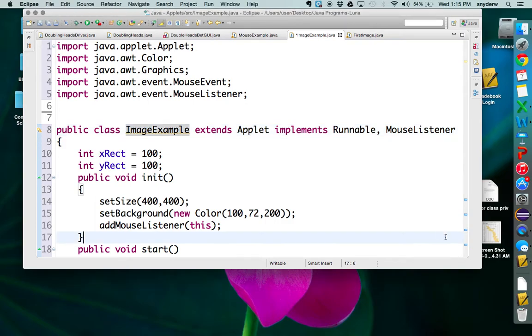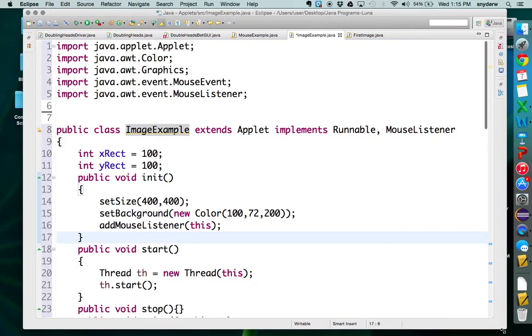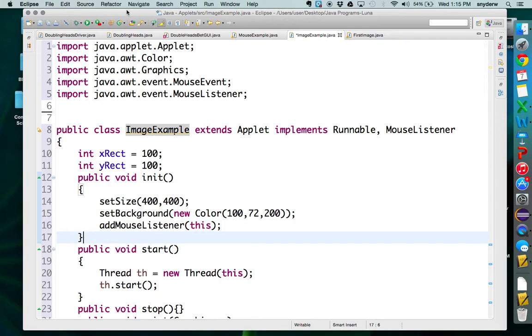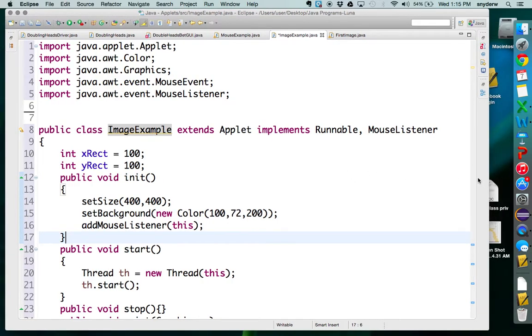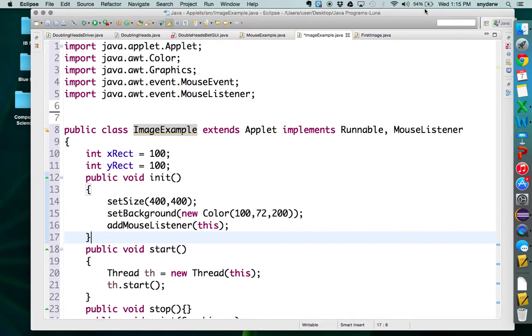So today's little program we're going to do is importing an image. No longer does it have to just be a shape, but it could be an image that you found. Typically I'll use Google Images, something that I find online. So the way we do this is I'm going to use the program I used last, the one with